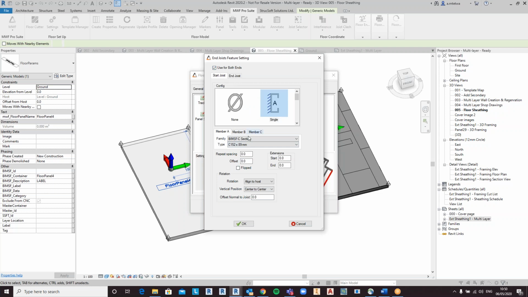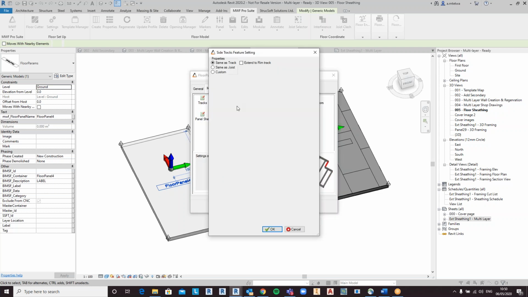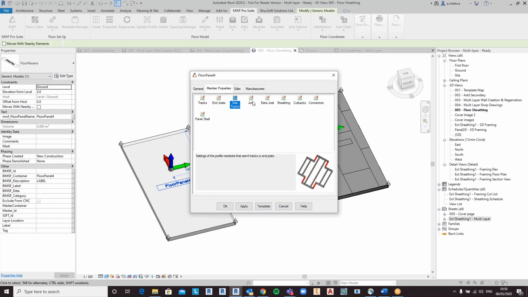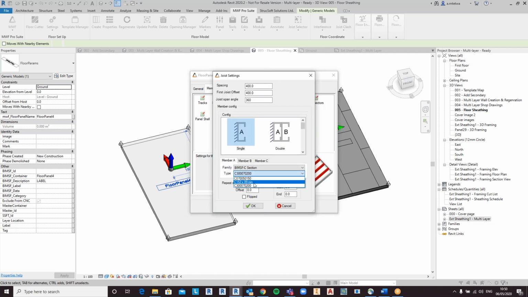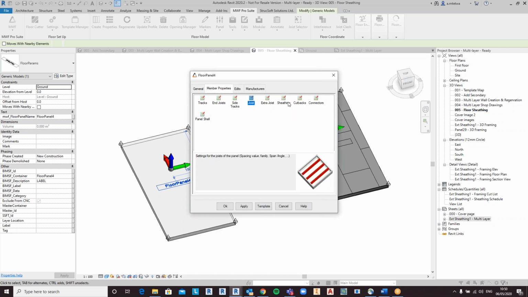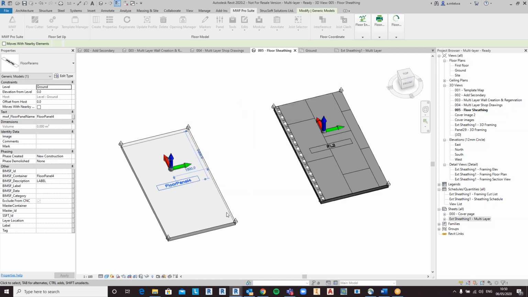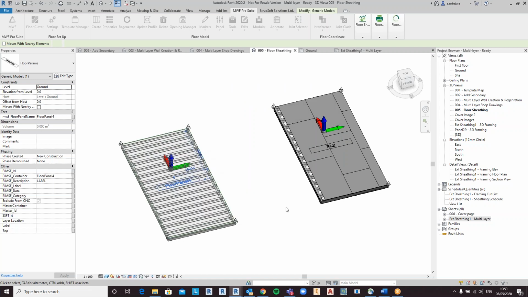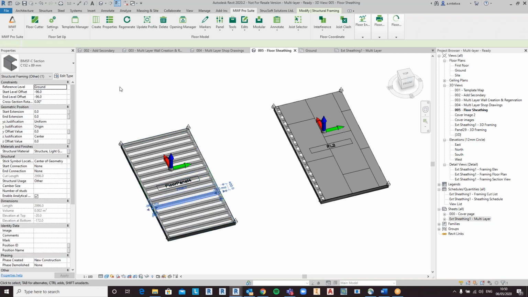I'm just going to change all of these to the correct size I would like, the 152 by 89. Use the same as the tracks for these joists, like that as well. So now I have all of my steel members adjusted to my requirements. If I were to press OK on this now, the panel would actually regenerate with the changes I've had in the properties present. If I now wanted to add layers to this, such as sheathing, which we have over here,